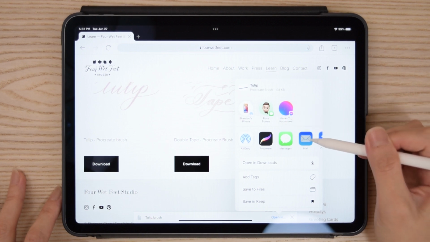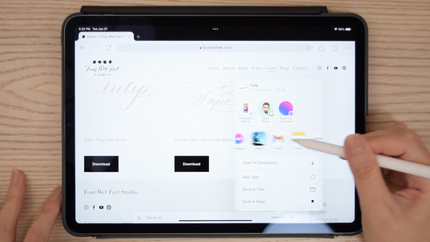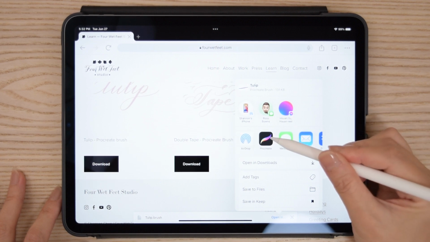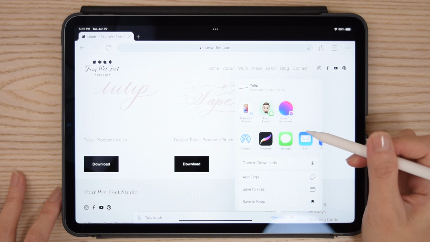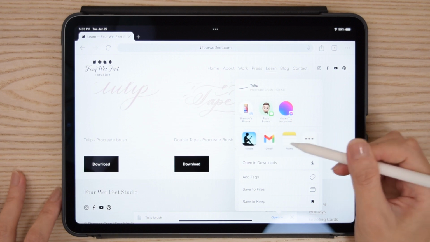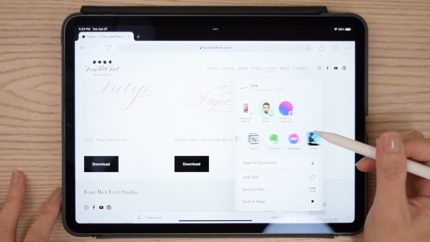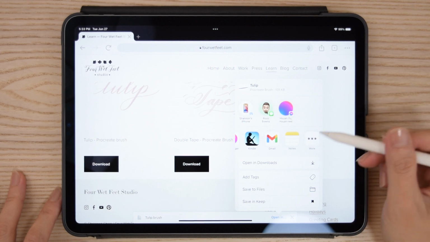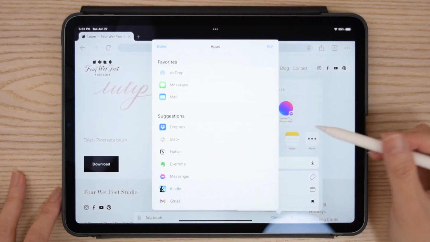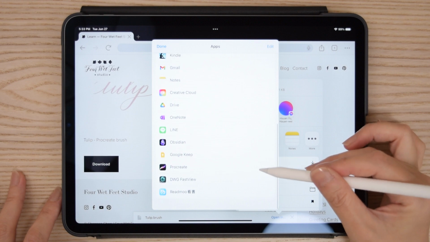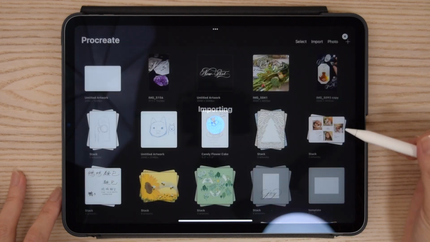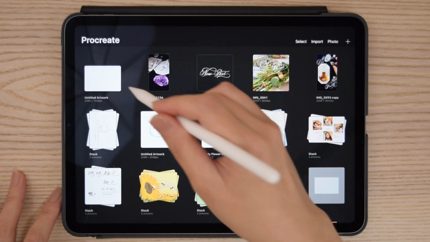And then over here on the second row, you can actually choose the software you want to open the brush with. I have Procreate here already. If you don't see Procreate on your second row here, you can just scroll to the right and click on More. And then now you can scroll down until you find the Procreate app.